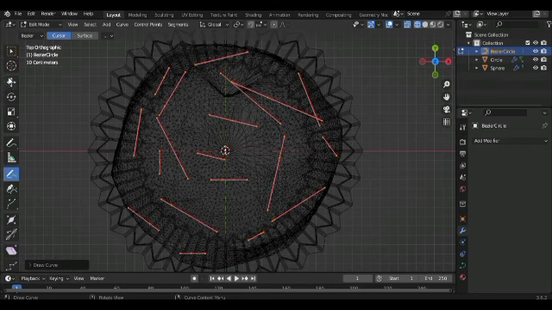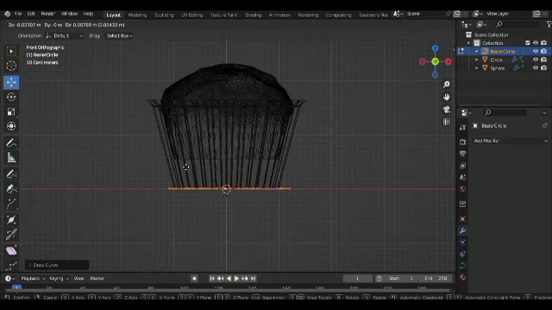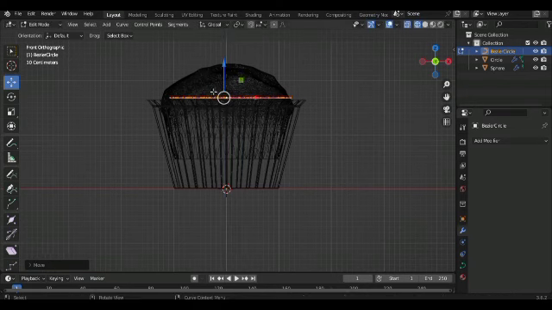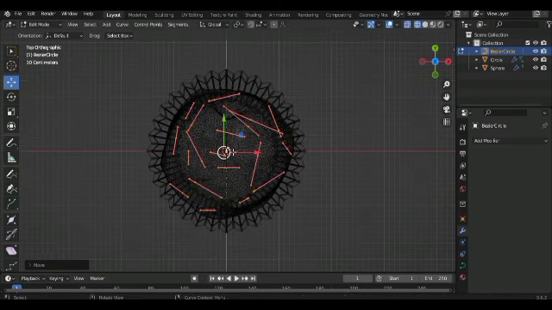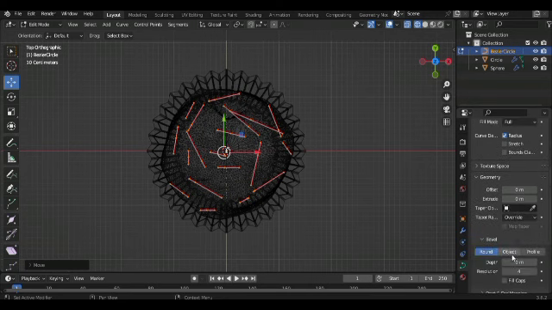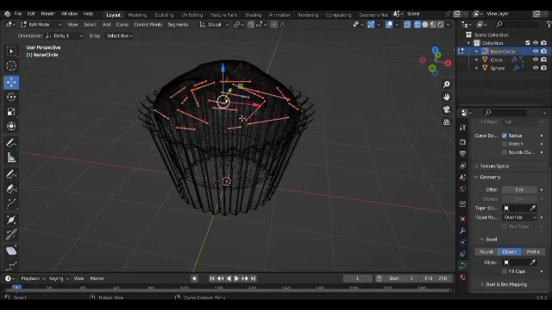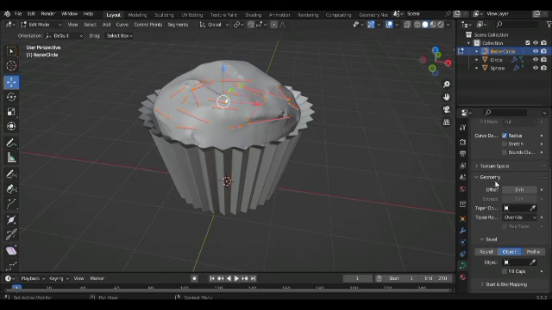So we have that. Then you select your grab brush, select everything, and then you press G Z and move it up like that. Then from your top orthographic view, you want to select the middle part of it. What we want to do is select the middle part and raise it up. We want to select the middle part with your proportional editing tool, and